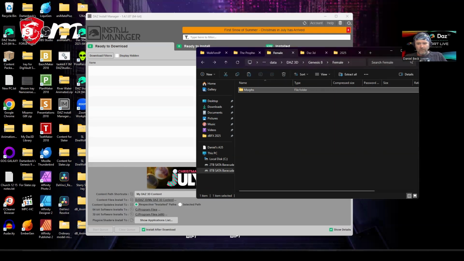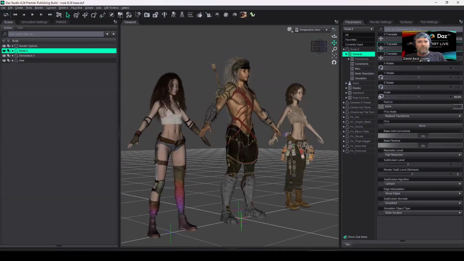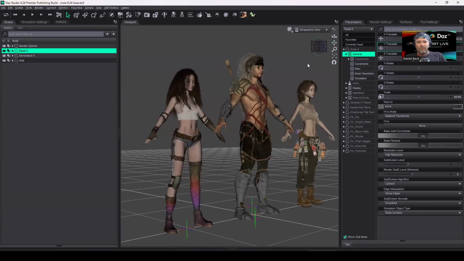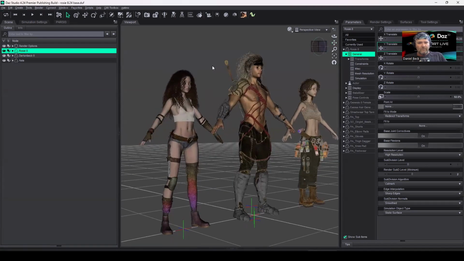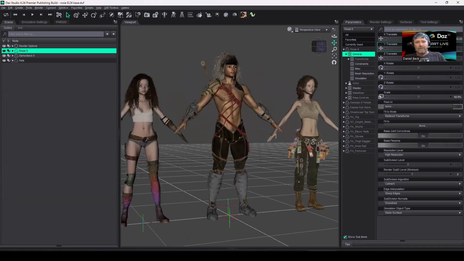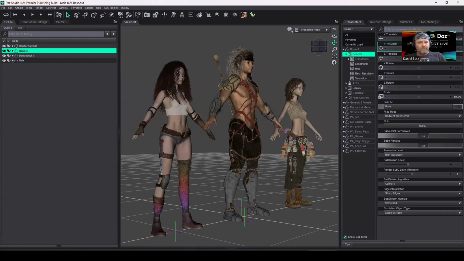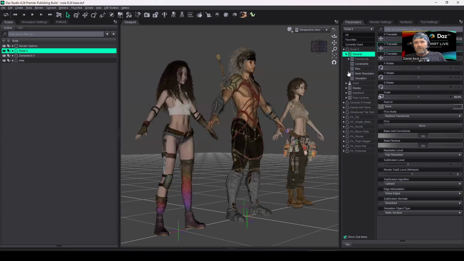So I'll show you basically what they are, just in case there are any of you who aren't familiar with what this is. So here we have Rosie 8, Dartanbeck 8, Genesis 8 male, Genesis 8 female, and over here we have Thornworks Nala, and she is a Genesis 9. So, all right. So, Genesis 8 female, because of Rosie 8 and how much I enjoy animating her,